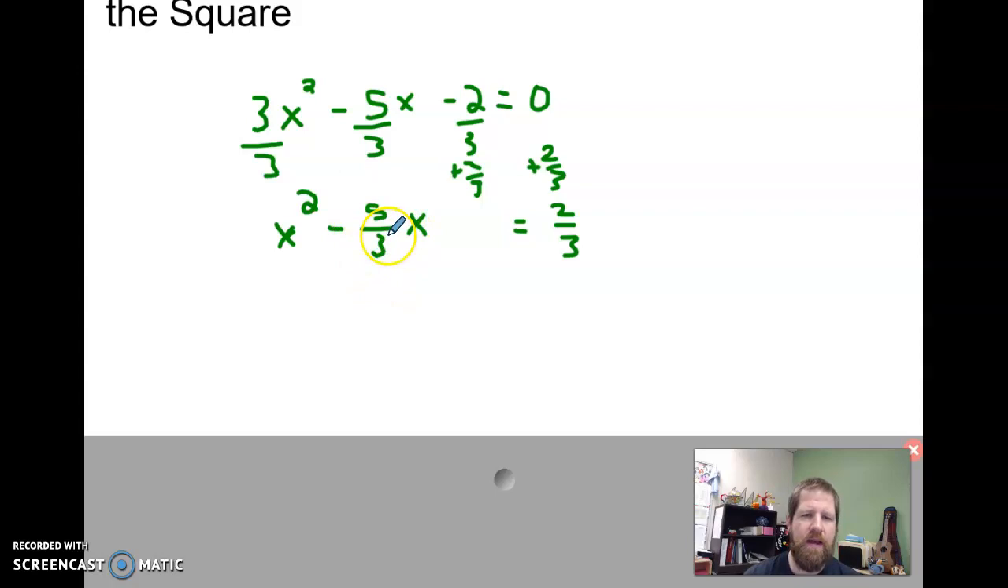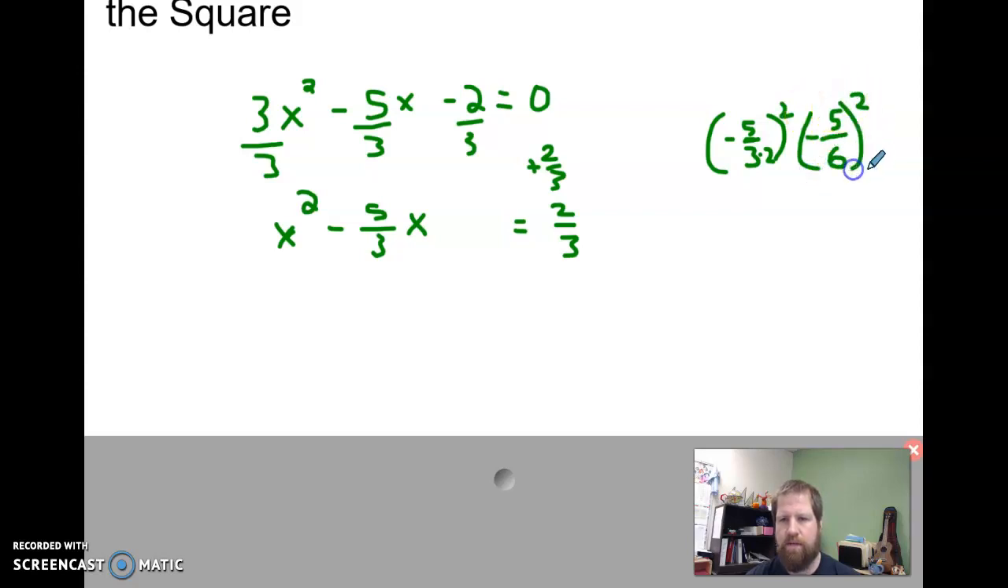They do make things a little more complicated, but all of our processes are going to be the same. I'm finding that third term to complete the square. So I'm taking my b, which is negative 5/3, and remember we would divide that by 2. That's the same as multiplying my denominator by 2. So I basically have a negative 5/6